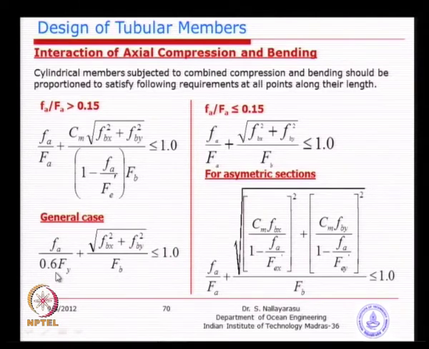So, you look at this particular general case here, if this is the applied stress, the allowable stress is basically taken as maximum, that means there is no buckling happening here. That is the first case where we take tension or there is no buckling happening, plus the second one added is the bending stress divided by allowable bending stress. But what we have here is a 2 component bending stress, you have x bending and y bending. Suppose you have only one bending, then one of them will disappear, automatically it will become Fb divided by Fb.